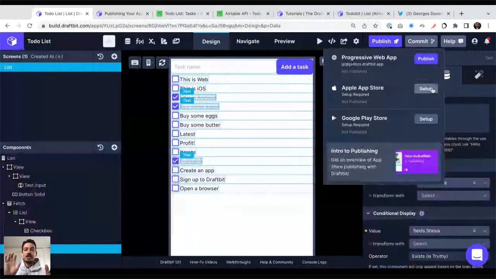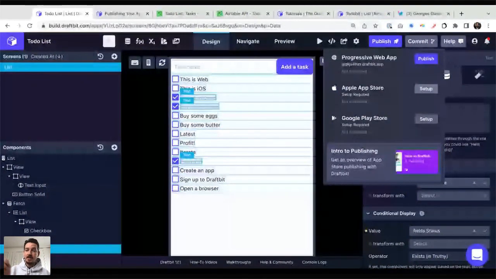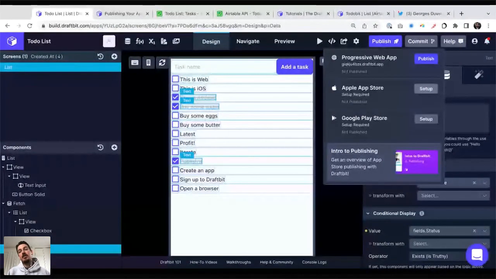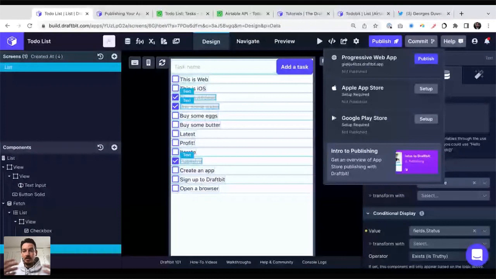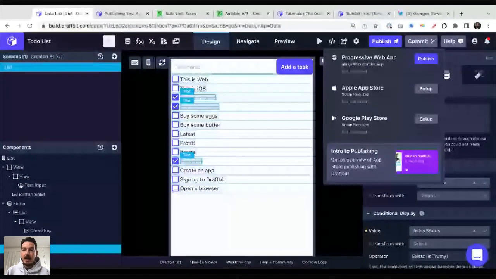So we'll push that new version of your app. Every time you click on it, it'll be a new version to test in the case of the Apple App Store. And you'll be able to test it there and invite people to use it and things like that, and then promote it to the App Store and all of that. So that's kind of the output. The outcome of Draftbit is that you can have an app in the Apple App Store or the Google Play Store. We don't just stop at a preview.